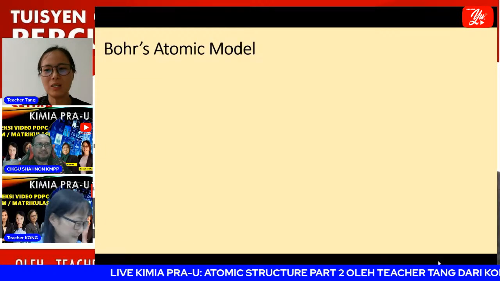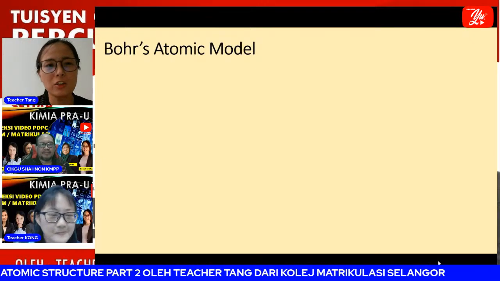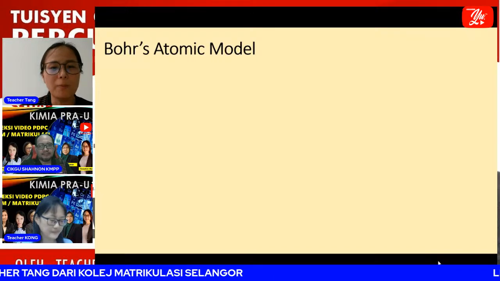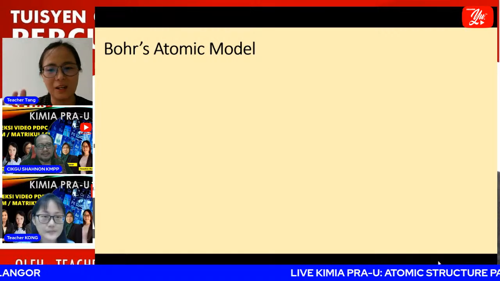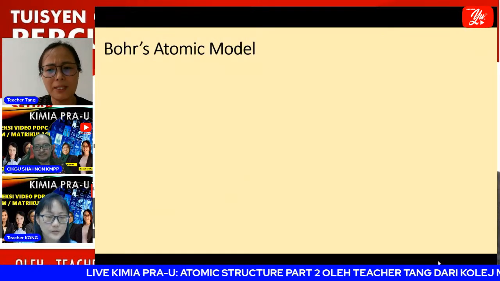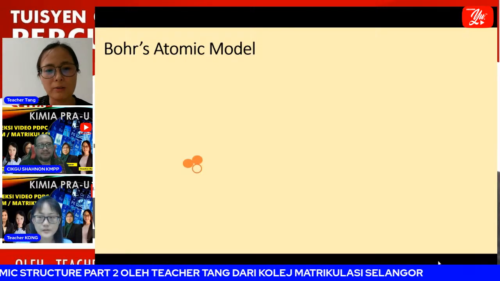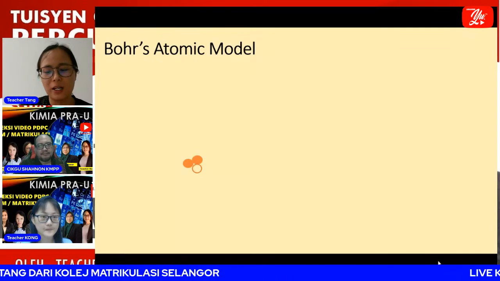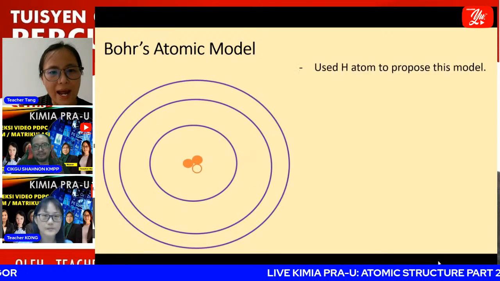So, Bohr's atomic model. Last week, the teacher already introduced Bohr's atomic model. This model was proposed by Bohr, and when he proposed it, he used the hydrogen atom as the model. Bohr basically divided the atom into two parts. The first part is the nucleus, which consists of subatomic particles like protons and neutrons. Outside the nucleus are fixed orbits, where electrons